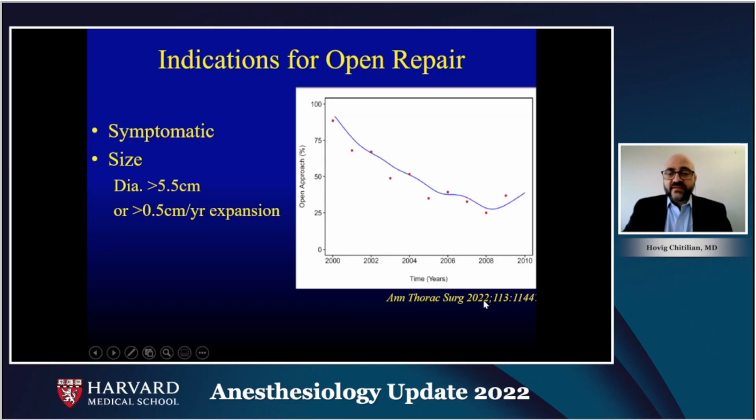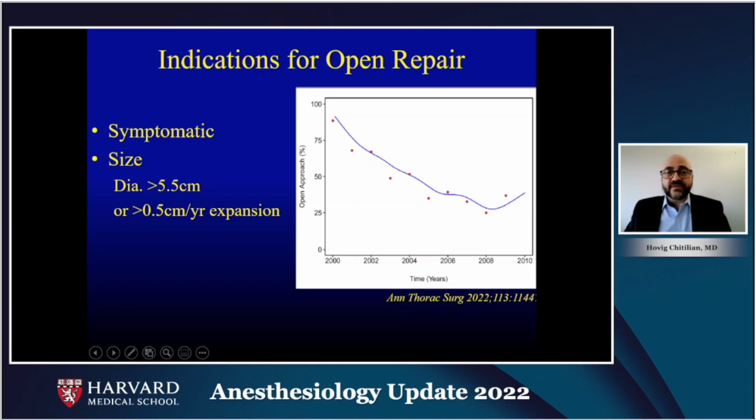The figure on the right is a graph from a recently published review of distal and thoracoabdominal aortic aneurysm repair from the Cleveland Clinic. And it serves to illustrate the fact that over the last 20 years or so, more and more of this disease is being treated with an endovascular approach. So what this illustrates is, over the course of the study period, which was 10 years, the percentage of thoracoabdominal and distal thoracic aortic aneurysms that were repaired at Cleveland Clinic using an open approach. And as you can see, over the course of the last 20 years, there's been a significant decline